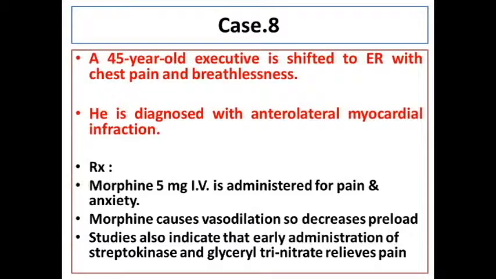So morphine, in other words, decreases preload, so that's also a good way of managing MI cases. Studies have indicated that early administration of streptokinase and glyceryl trinitrate also relieves pain. So yes, we start with, in fact, nitrates, add on morphine, and then streptokinase will be required eventually. That's again a big line of therapy which goes for MI, but we need not enter into that at this point. You need to add something? Okay, so we just need to know that opioids are used here, especially with myocardial infarction, with dual advantages of its use in this condition.